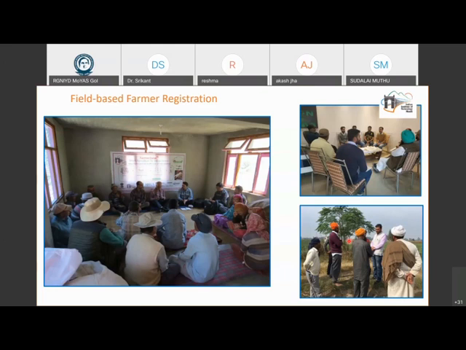So in the first set, we've registered about 5,000 farmers across 3 states. And we are using this as a test bed. These are farmers who are more progressive, and we want to see whether they are thoroughly interested and whether they are getting benefit out of it. And if they get benefit out of it, they will automatically talk about it to their neighbors and it will spread.